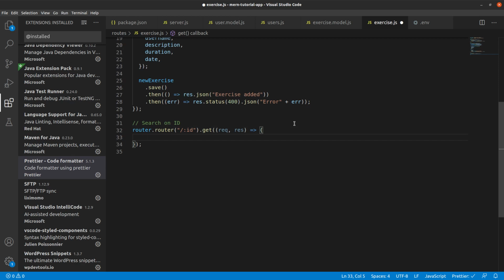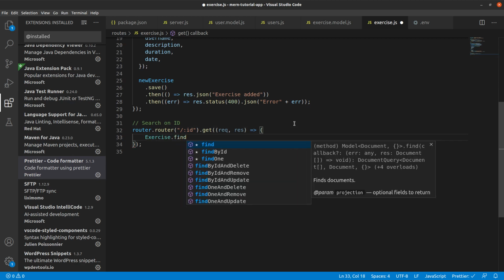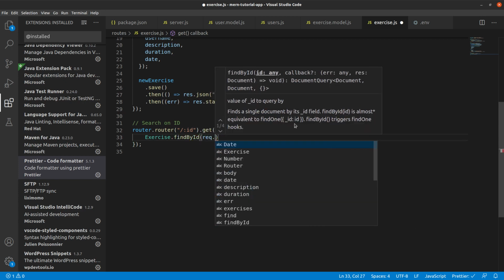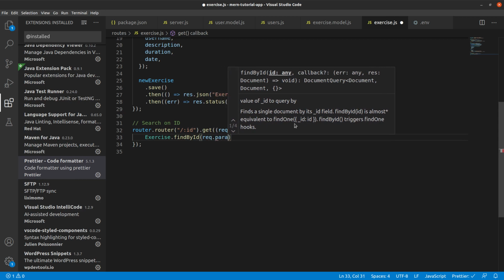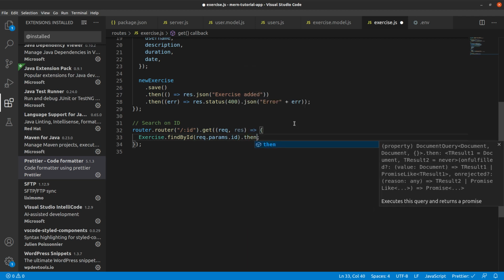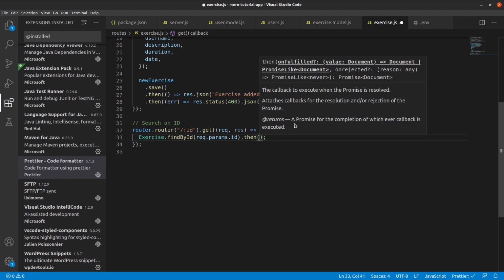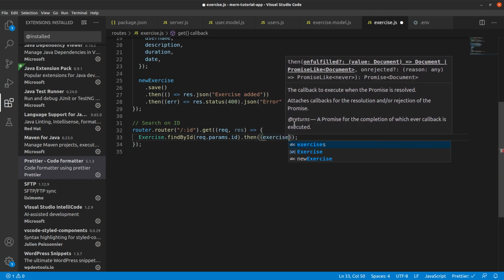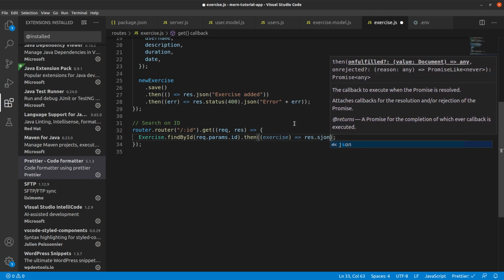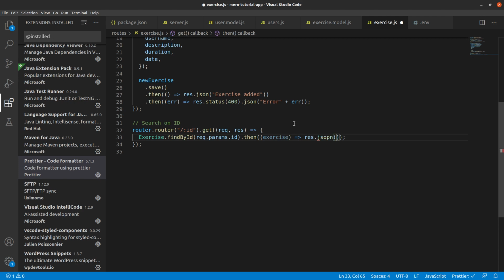All right, and exercise.findById, one particular request param. That's how you get the id, and then you can do a search where you will get some exercise in the response, and that response can be sent back to the user.